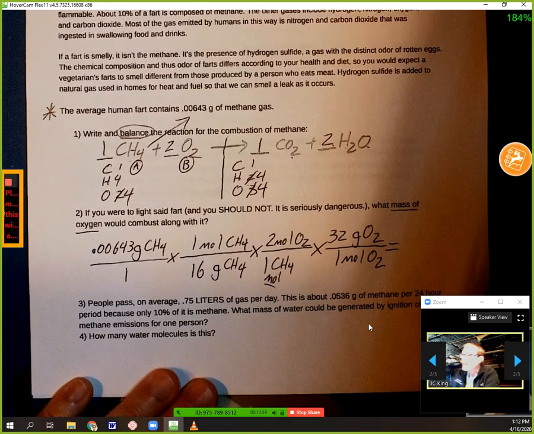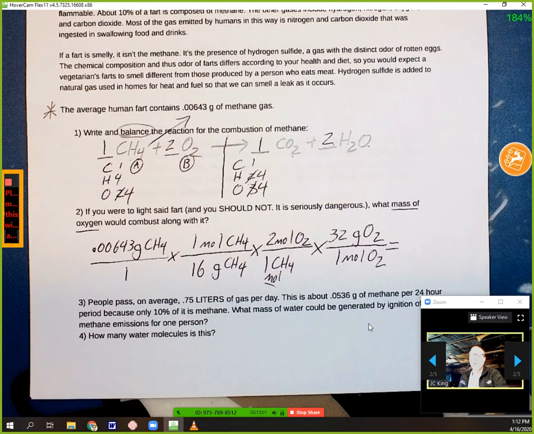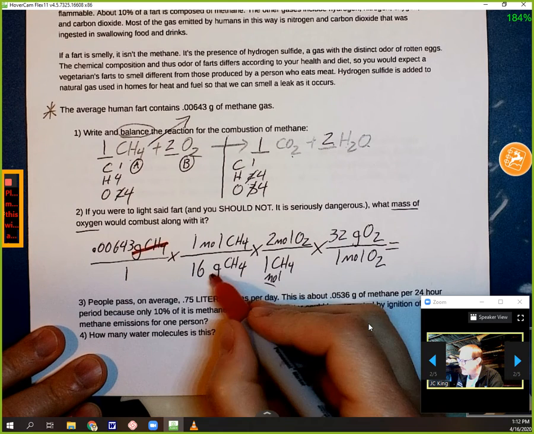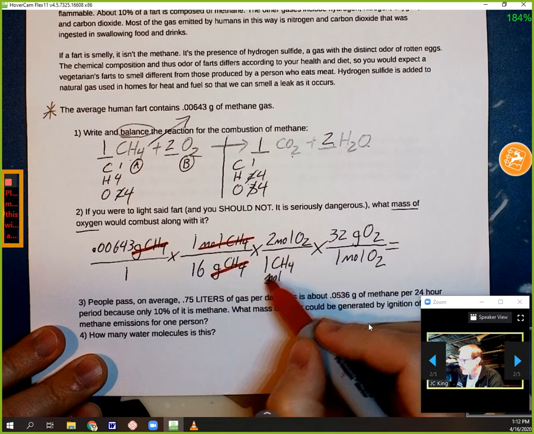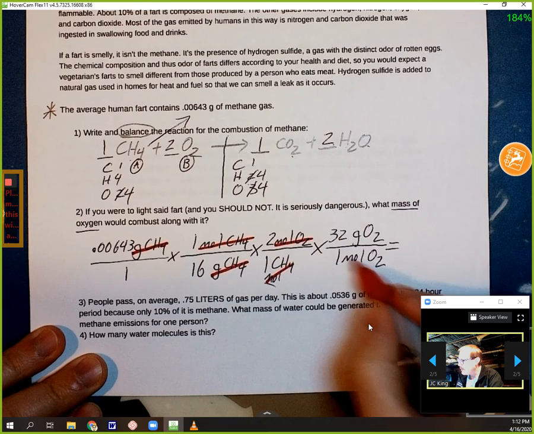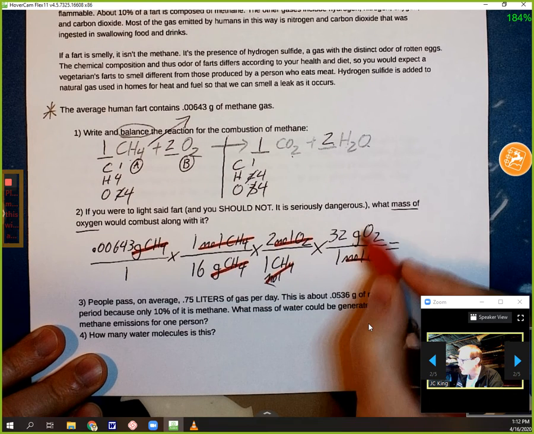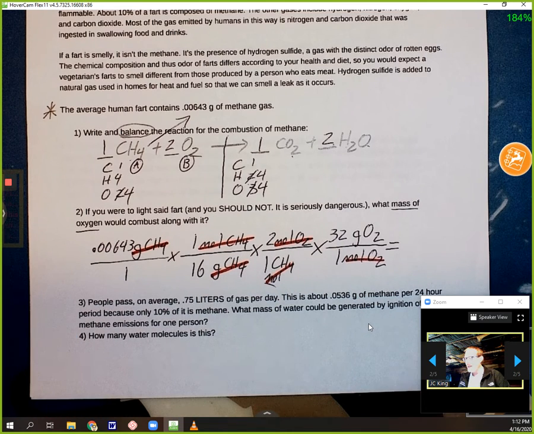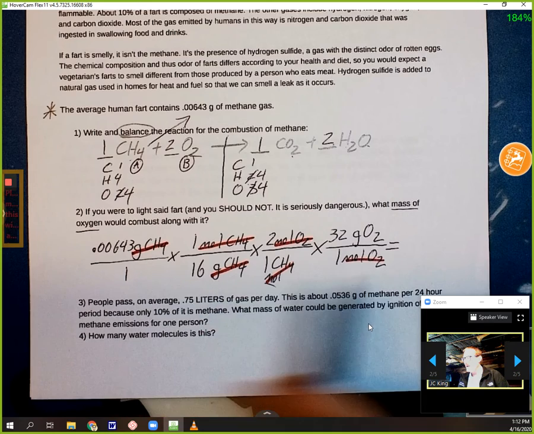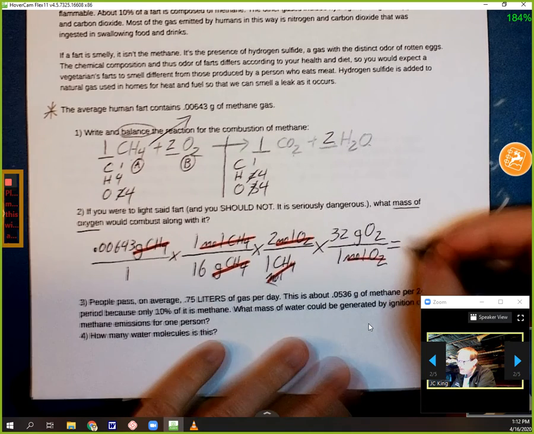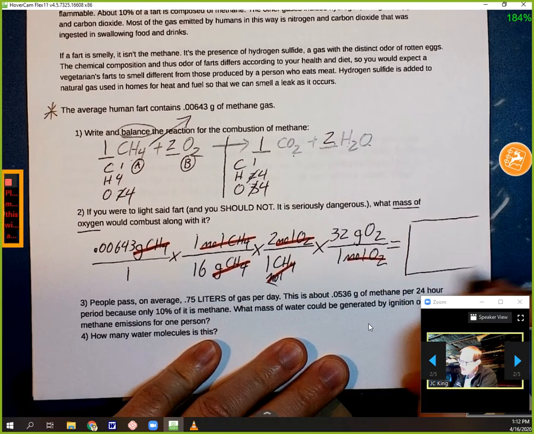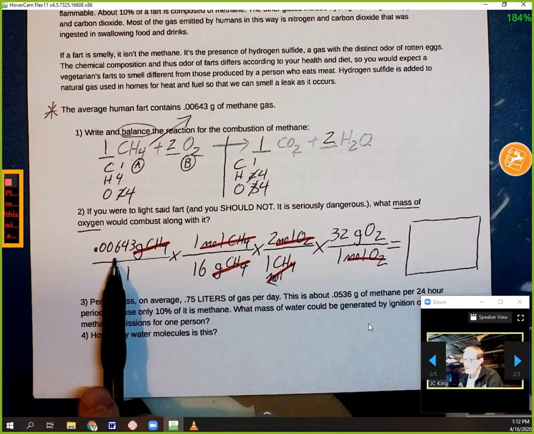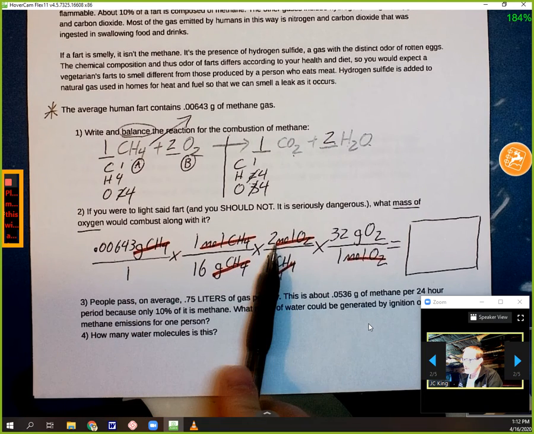Now remember, when you set up a stoichiometry problem like this, you can cancel units, so grams of CH4, moles of CH4, moles of O2. What I'm left with is grams of O2, which is what it wants me to find. You're then going to multiply everything on the top, divide by everything on the bottom, and just to make it fun, I'm not going to tell you the answer to that one, but I will tell you on your calculator, you're going to take that number times 2 times 32 divided by 16.